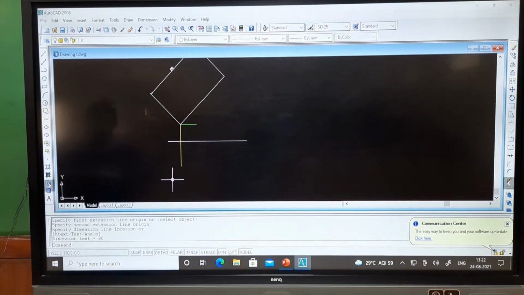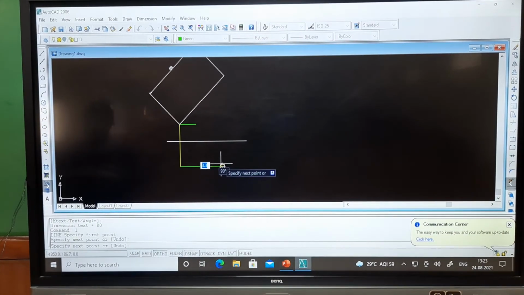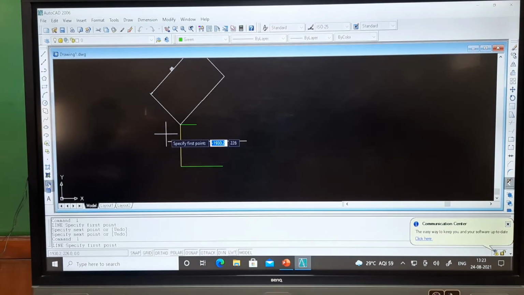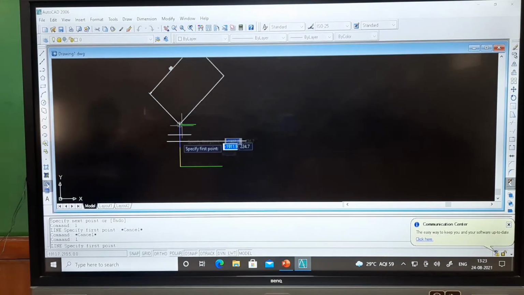So, this is the one thing. Now, at the same time I have to draw another line, L enter. Here also I have to show the dimensions of that line, and here the angle is 30 degree. So, again I have to go for line command. Before that I will change the color here, bilayer to white, L enter.